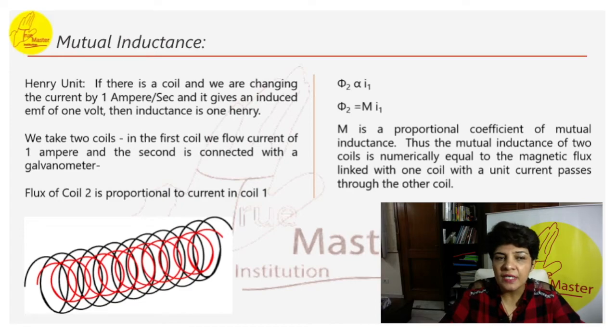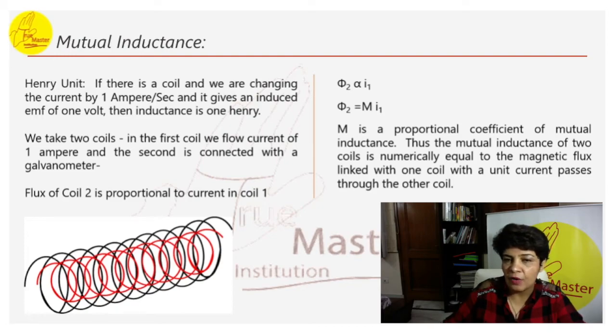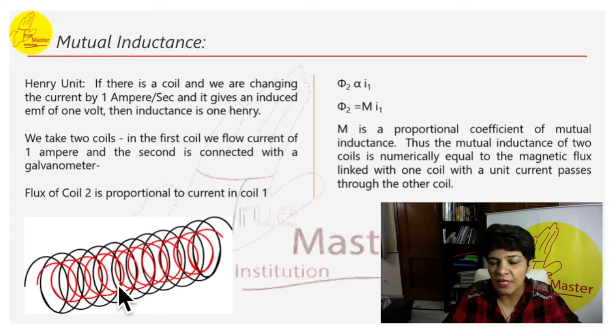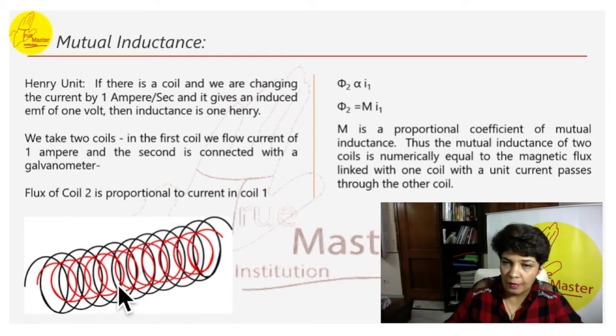Here we consider two coils, presently the red coil and the black coil. In this example, one has been wrapped inside the other. There are many layouts that we are going to read about, showing how we can put the two coils. One coil will be connected only to a galvanometer. The second coil will be connected to the battery and a tapping key. So when we tap and change the current, an EMF will be formed in the other coil. We're going to explain further.